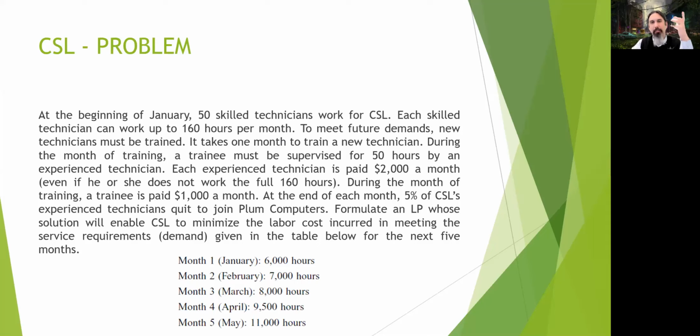Why? Because the number of new technicians we hire will give us the number of experienced technicians for the next month, okay? You can just think about it like a production. We are producing technicians over here. The number of new technicians we hire will affect the number of experienced technicians we have the next month. All right, so we have the number of technicians hired and trained in that month. We have the number of experienced technicians, and we have the demand. Using this, we can formulate our